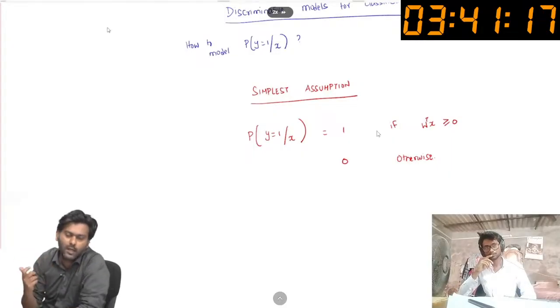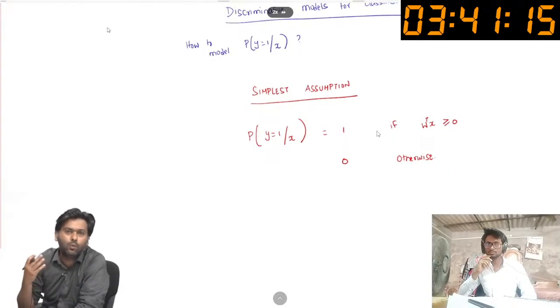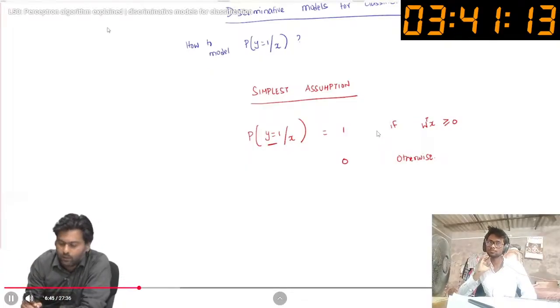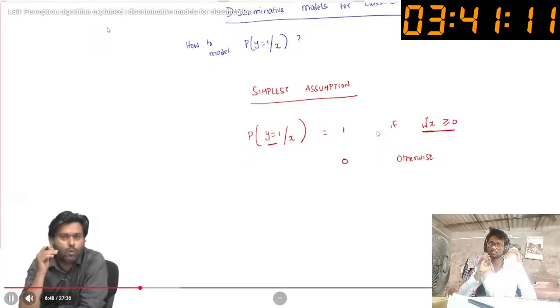So when will this coin have both sides heads? Well, when will this coin have probability of choosing 1? Well, when y equals 1, right? So which means that if for the given x, W transpose